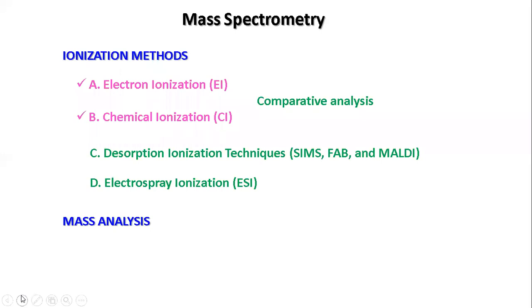And then, if time permits, we'll move to mass analysis. So the analyzing chamber, what is being done there. That section we'll try to address. Now there you have various methods. One of the important methods is the magnetic sector mass analyzer. We'll try to understand what that type of analyzer does, and how the spectra will be projected based on this analyzer.